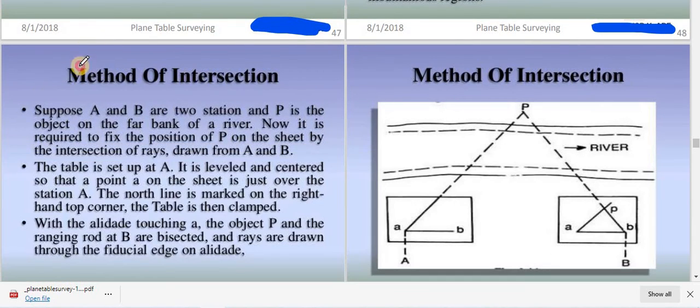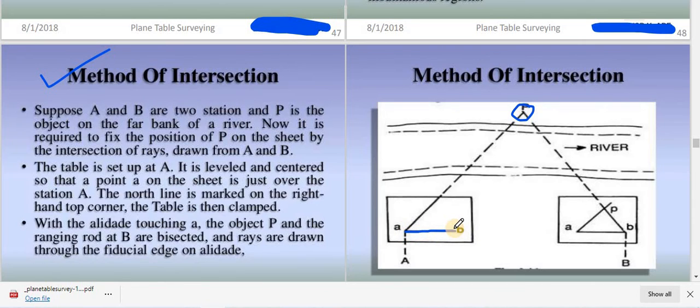So you can see in this diagram, there is station A, and this is your station B. You need to find your station P with the help of these intersection lines. First you set up your instrument at A. After performing centering and leveling, from station A you bisect B with the help of the alidade, and you draw a line with a suitable scale.